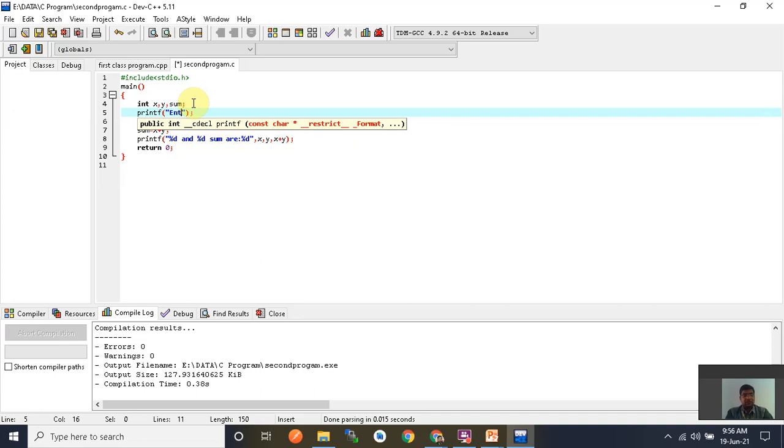Enter a number, and here we also put the slash n, because when we read, it reads from the next line. Okay, now I execute this.